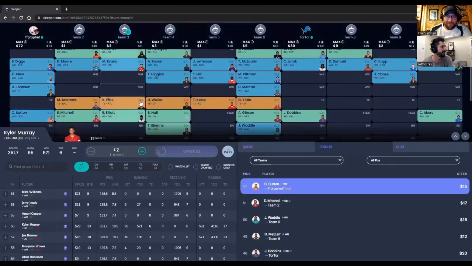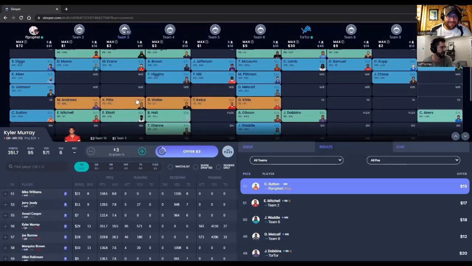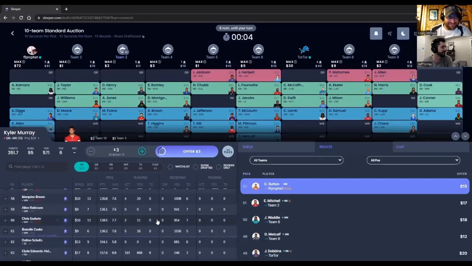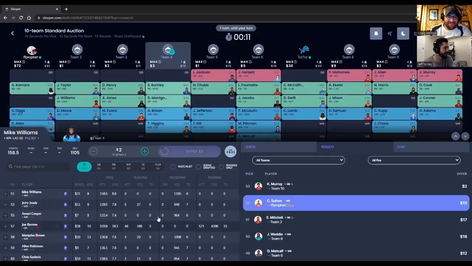My 4th receiver is gonna be my flex. It's gonna be Courtney Sutton. I think that's a good way to do it because we got Diggs, Allen, Deante, Courtney Sutton. This is great. I love this. This is actually fun. I like someone I was going to go after, but I was kind of like, there,